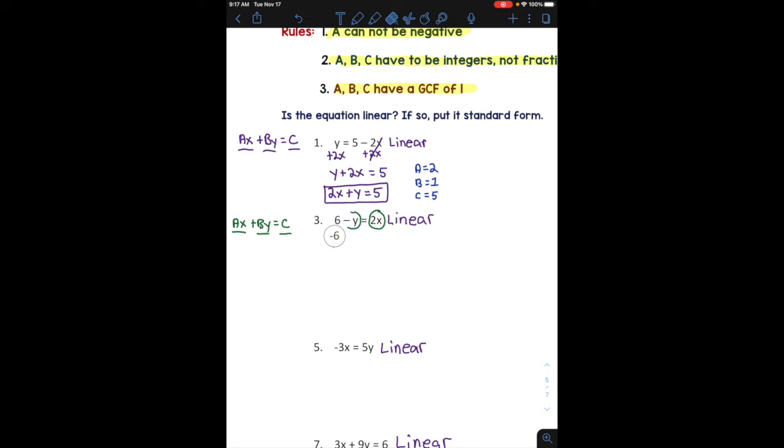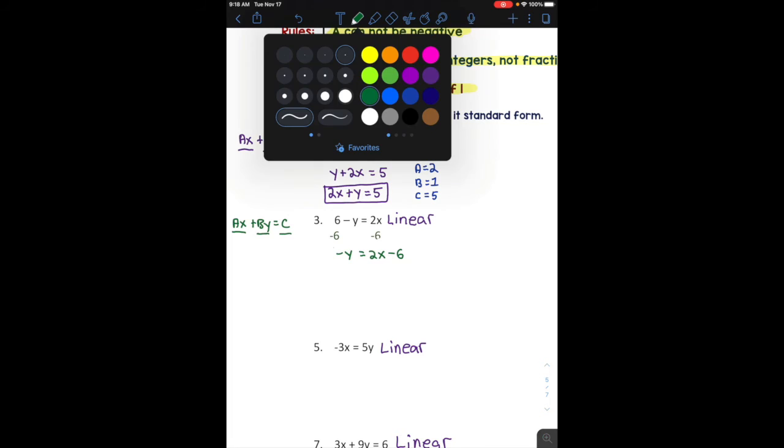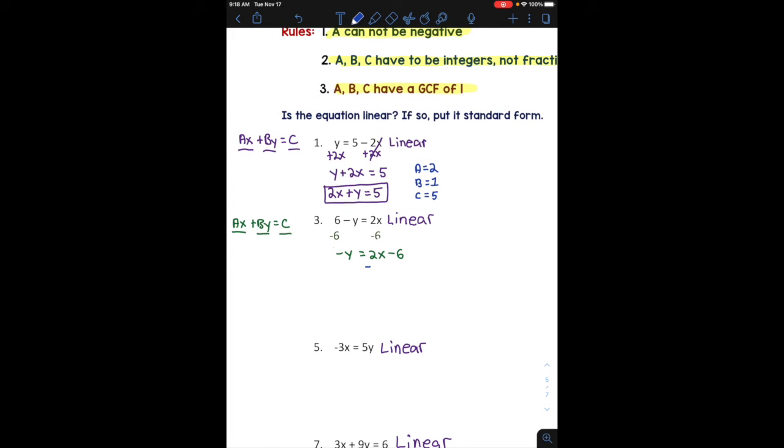What we're going to do is subtract 6 on both sides, which will leave us with negative y equals 2x minus 6. What needs to move to the left side? That would be the 2x, so I'm going to subtract that on both sides